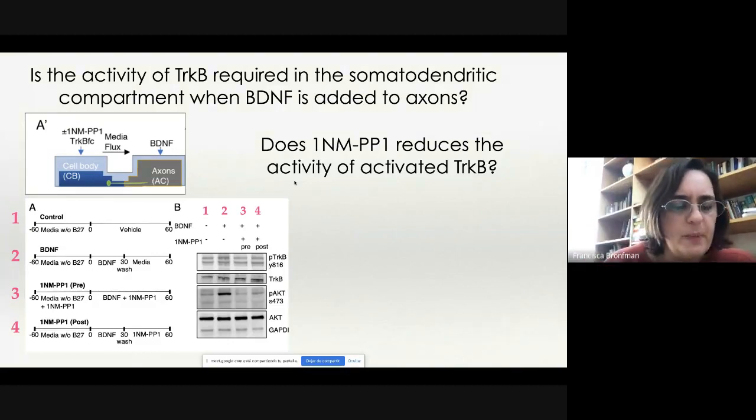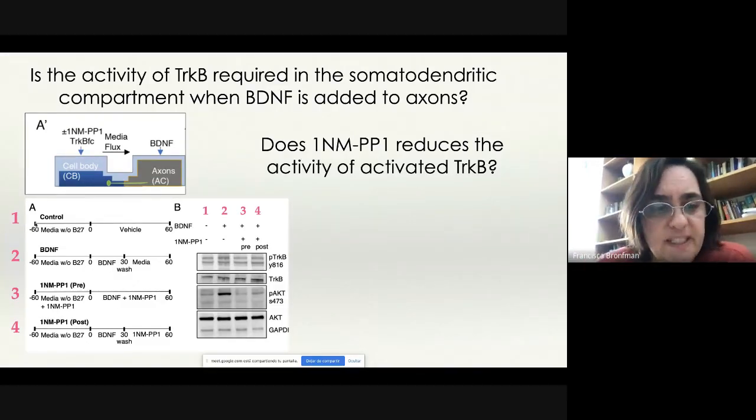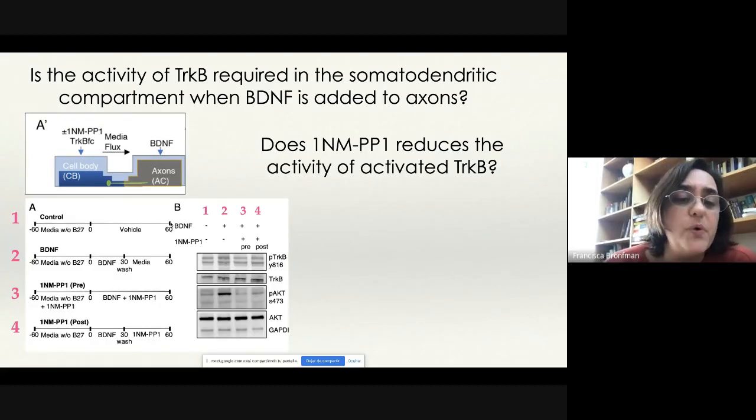So first, we did this experiment in non-compartmentalized neurons. You have the control, so no BDNF. Then you have serum depletion, and then BDNF for 30 minutes. You wash, and you see how long it stays activated, up to 30 minutes more. Then you pre-incubate with NMPP1, and then you add BDNF in the presence of the inhibitor. So this is the negative control. And the one we wanted to compare is that we just do serum depletion here. We add BDNF for 30 minutes, so the receptor is activated, and then we add